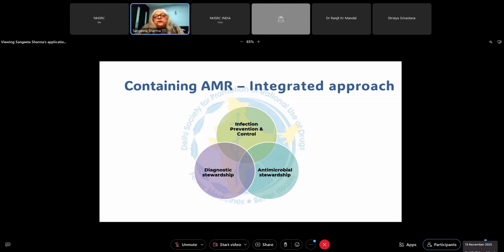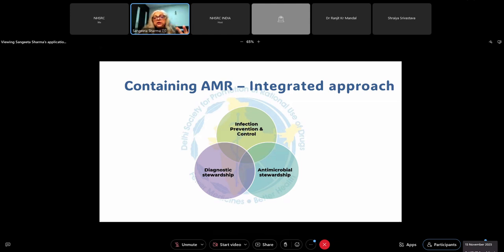There are techniques for sample taking, storage of sample, transport. So many things can go wrong at each of these stages, and that is why you may not be able to identify the correct microorganisms. You may grow contaminants, colonizers, and we interpret it wrongly. So if a wrong diagnosis is made, of course the wrong treatment would be given.